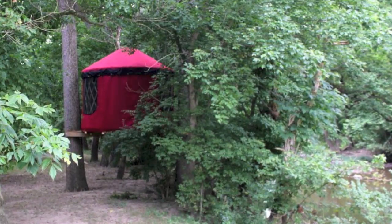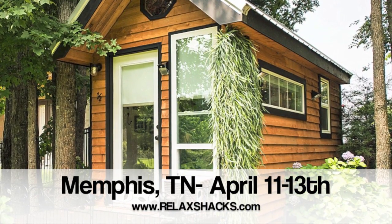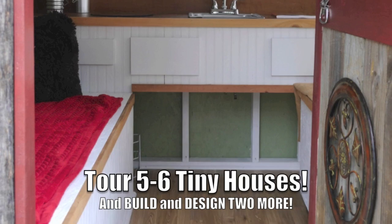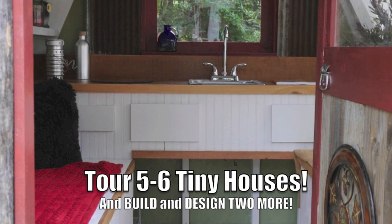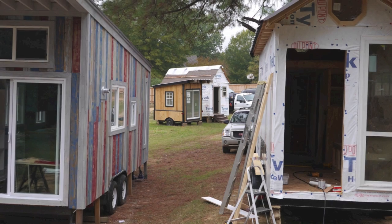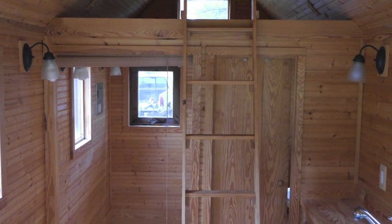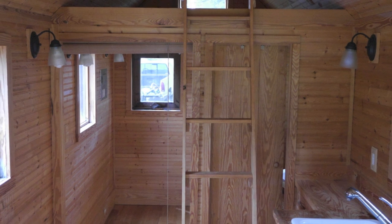Their stuff's awesome. Speaking of which, Memphis, Tennessee, April 11th through the 13th, we have a hands-on, we're actually building, yes, workshop that I'm going to be hosting with Stephen Harrell and Joe Everson. Here's some of the cabins and the locale you'll be at, some of the stuff you'll be seeing, lots going on. Hands-on learning, like I said, this is one of the cabins you'll be checking out going into, touring,